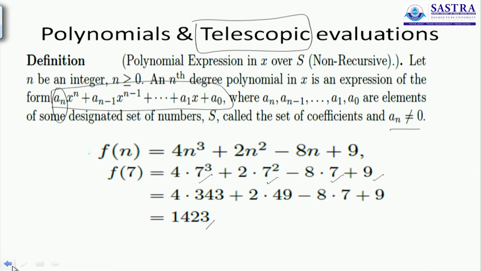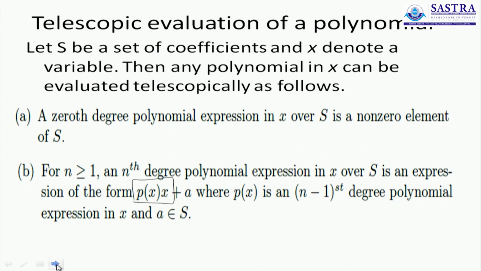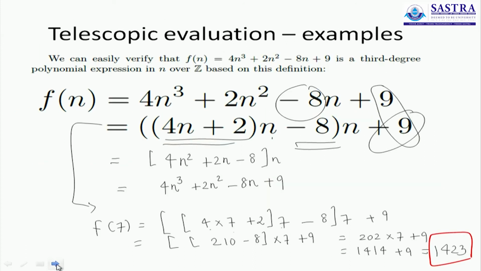When we substituted the value of n as 7, determined higher powers of 7, namely to the power of 3, to the power of 2, etc., and then you did a whole lot of simplification. This time around, when you evaluate the polynomial telescopically, the maximum you will do is addition and subtraction with multiplication, which will be only covering 2 terms. So the task of finding the product is easier when you do it using the telescopic evaluation method. That is why this is recommended whenever you are evaluating a polynomial and substituting and getting a resultant answer.